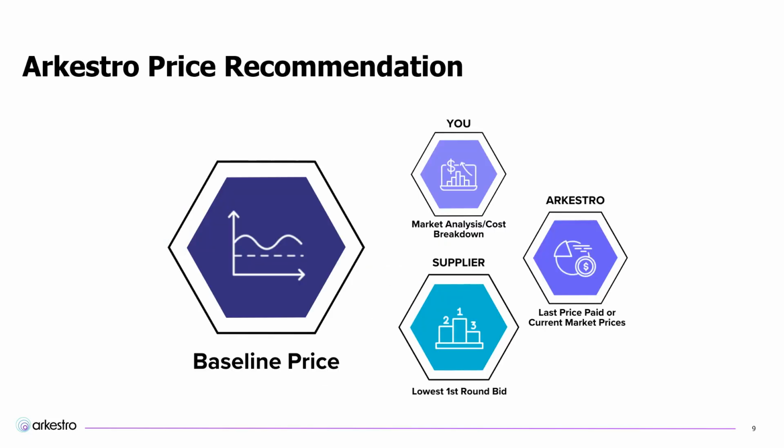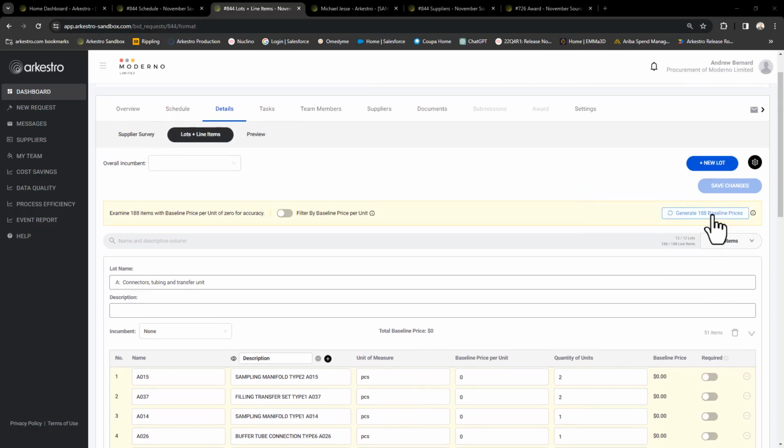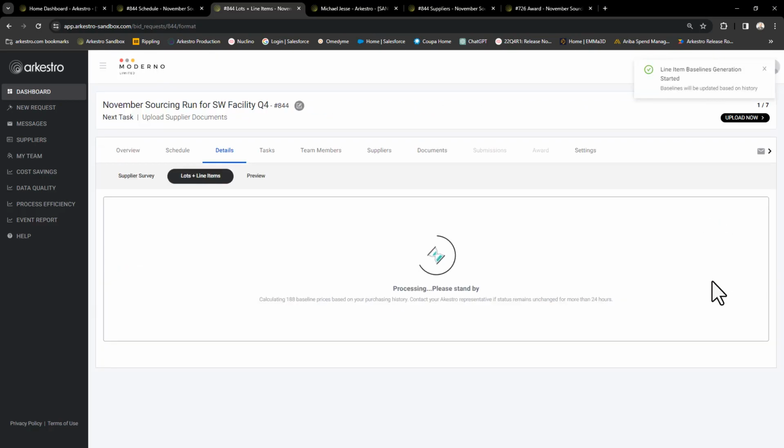What we're saying is, look, there are certain things that you can do and there are certain things that we can do to help you. But let's say that we're running this event and you might have done a should costing or you have some sort of framework for what something is going to cost. You can certainly baseline that to that value. We can automatically bring in a last price paid or a current market price. We have the ability to come up here and generate baselines based on that historical information, and that can be very helpful for a lot of people so far as that is a recent price paid.